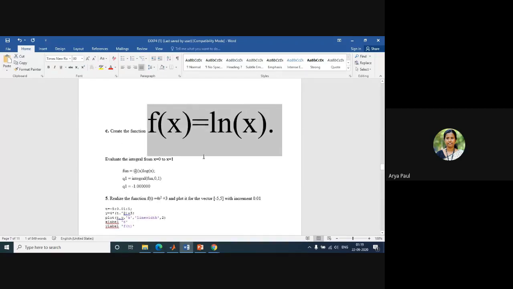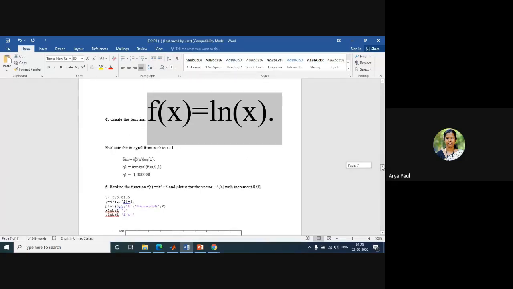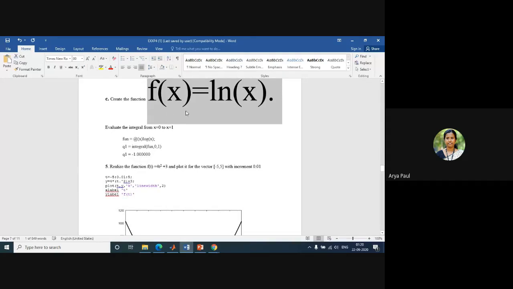We hope you can see the function. Function f of x is equal to ln x or log x, and you need to integrate the function from 0 to 1. This also you can simply do using the same logic. Okay, this one I am not doing. Simply you will write log x at the rate x is equal to at the rate x log x. When you use the integral function, what is the boundary? 0 to 1. You need to integrate it from 0 to 1. Okay, you will get the answer.